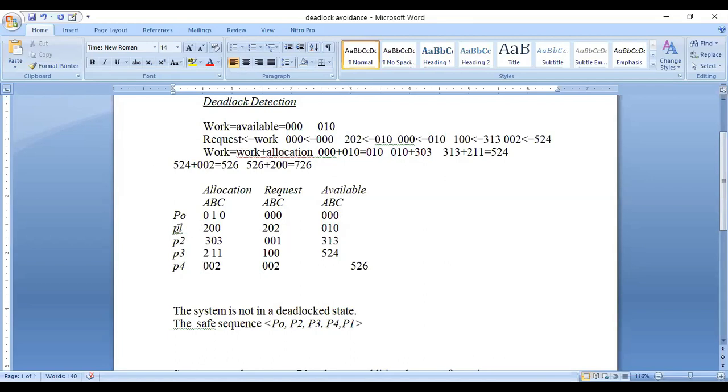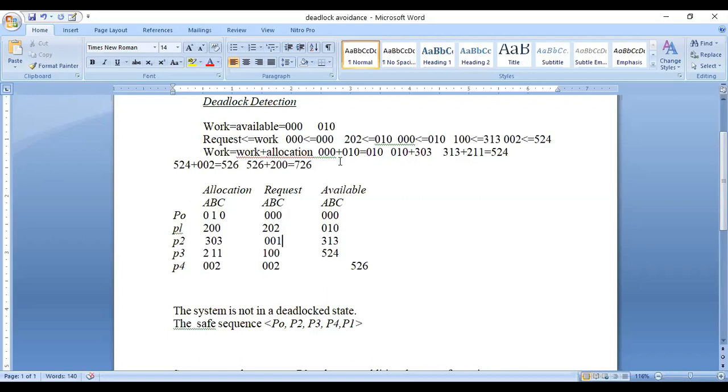Again check the condition for P1. If the condition is true, whatever resources are allocated to P0 will be released after its execution completes. Request 000 is less than or equal to work 000.